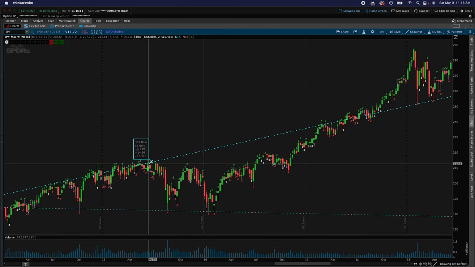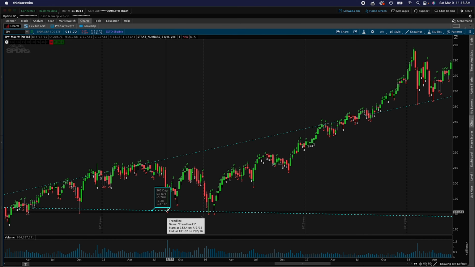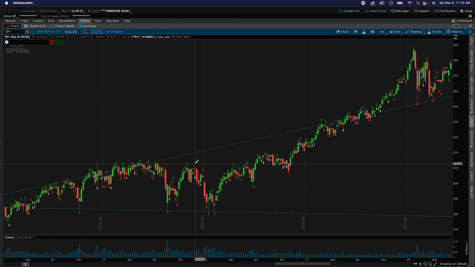Sellers kept on bringing it down, went to the BF here, came back up, came down, bounced off again. So you can see it's almost pinpoint accurate. Exactly why it's that accurate beats me. I'm just here to trade. I'm not the one programming the market. But anyway, as we can see here,